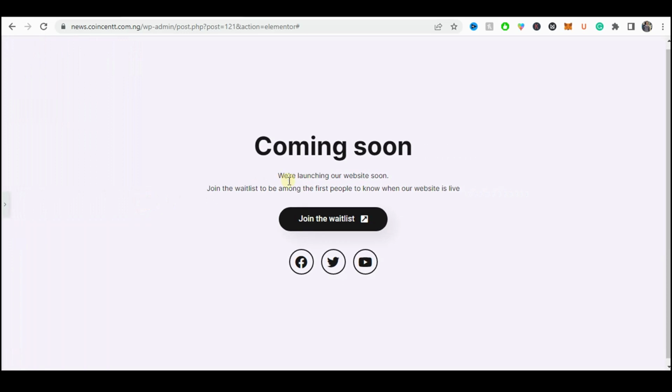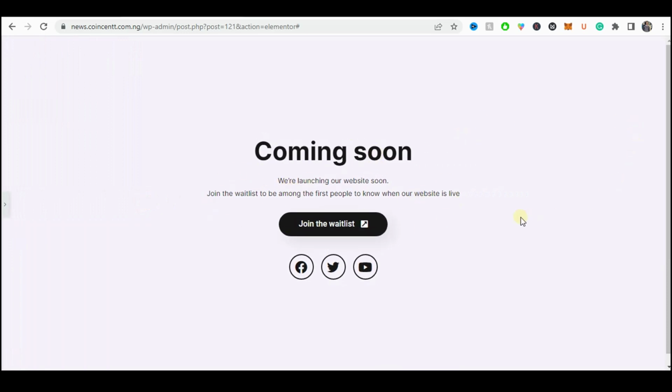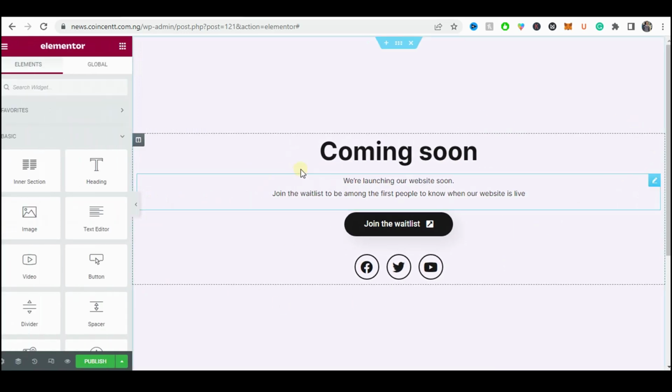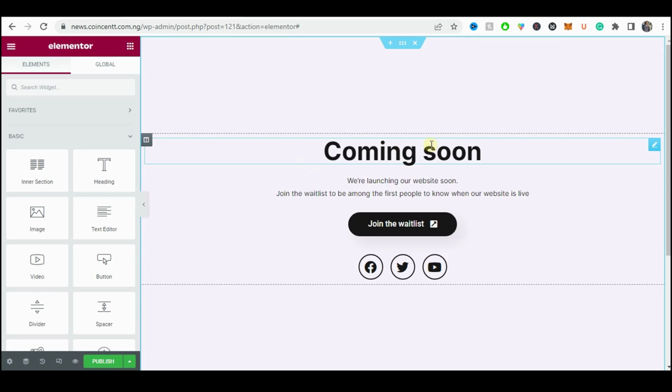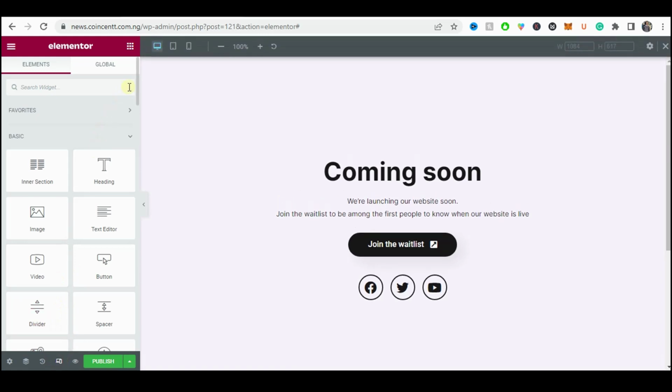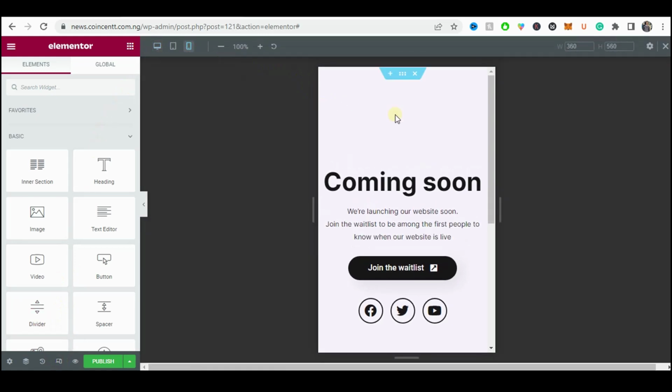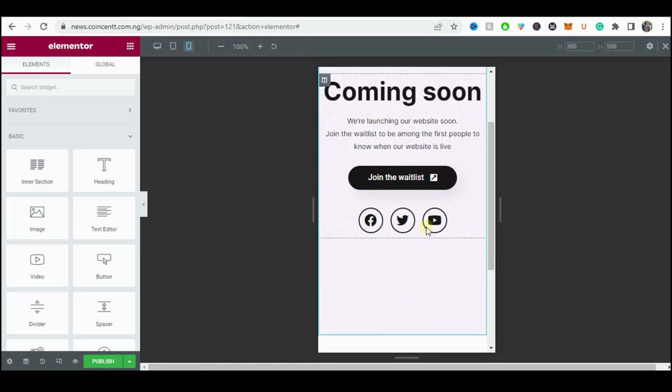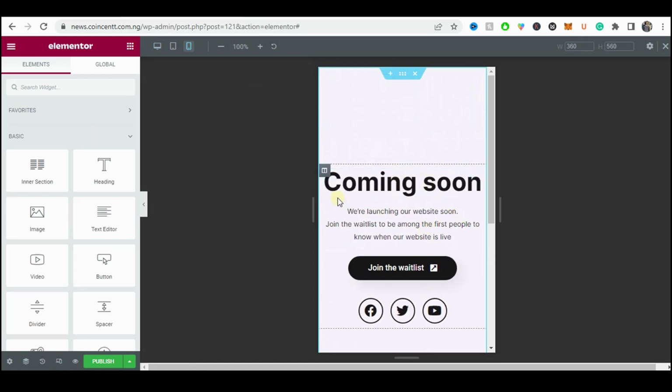So we have it here now. This is covering the whole of our web page. Okay, so we are done with this tutorial, but there's one thing left. We need to check whether it is responsive on the mobile version. So to check that, we need to click on this responsive mode here, and then we're going to check this mobile version. All right, so it is looking good so far, and then there's nothing really to change here, but